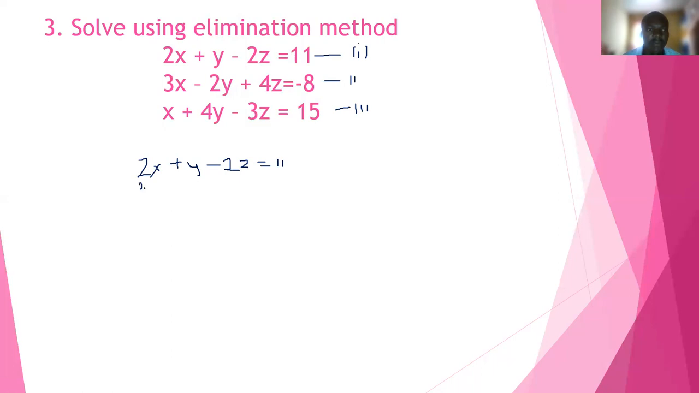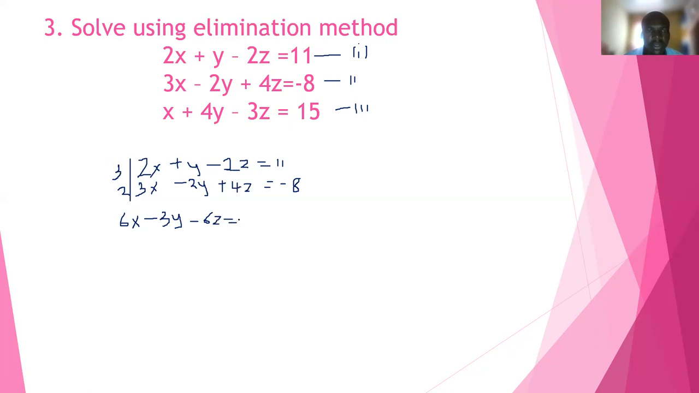And another one we have 3x minus 2y plus 4z is equal to -8. Because we're told to use elimination, we can eliminate x by multiplying the first equation by 3, then the second equation by 2. So we'll have 6x plus 3y minus 6z